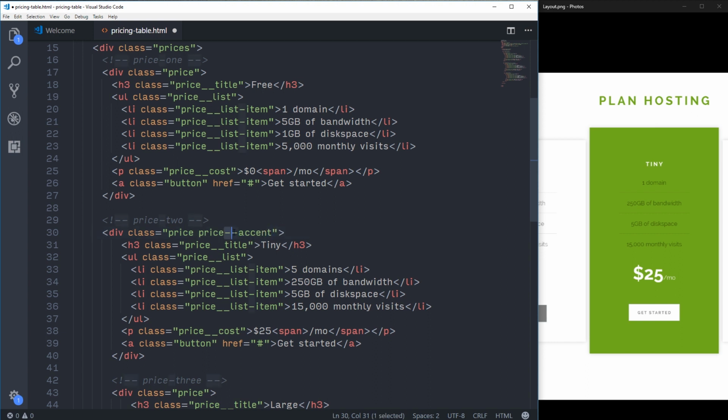And this isn't a mistake. I'm purposely putting hyphens here instead of underscores because this isn't a subcomponent of my price. It's a modification of my price. So that's why I'm using hyphens. So I'm saying it's a modification of my original price style. So with that done, I'm going to save my HTML file,